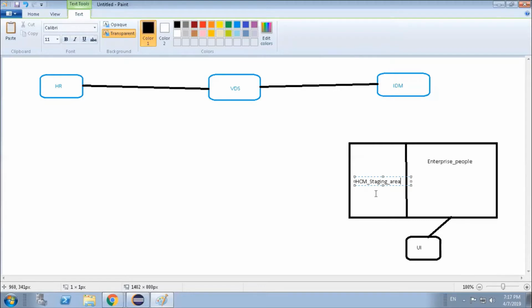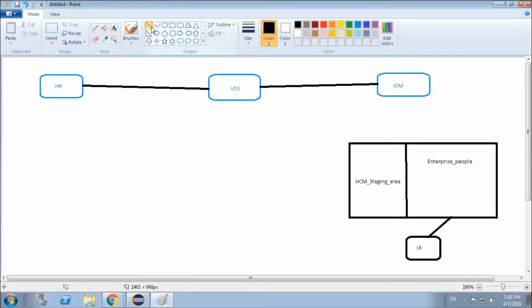So when we say that data is sent from HR to VDS, and from VDS to IDM, we are actually sending the data into our HCM staging area.